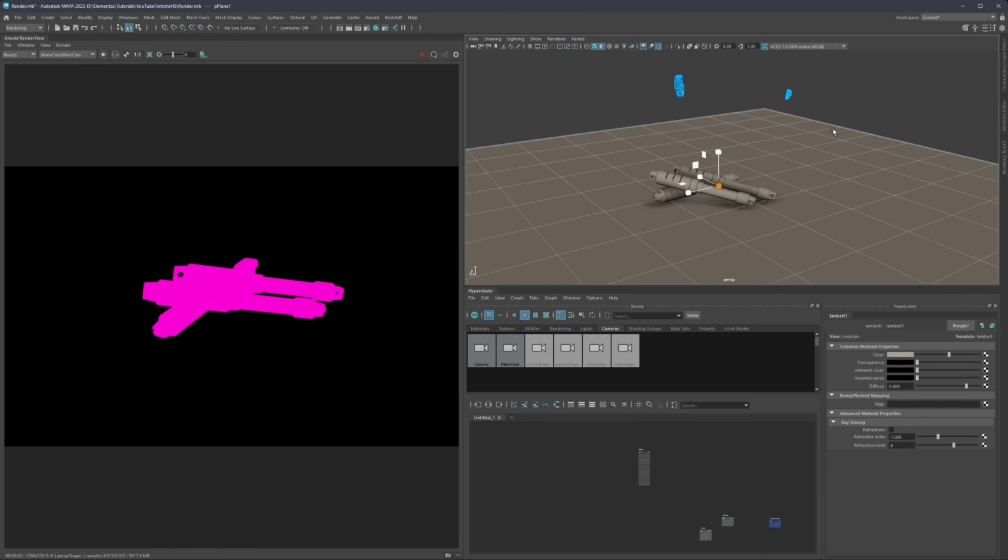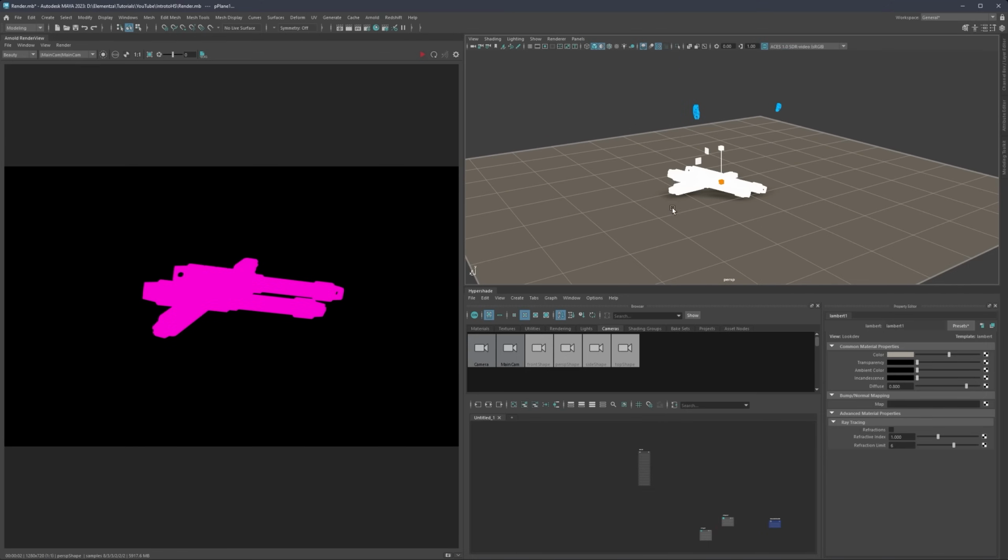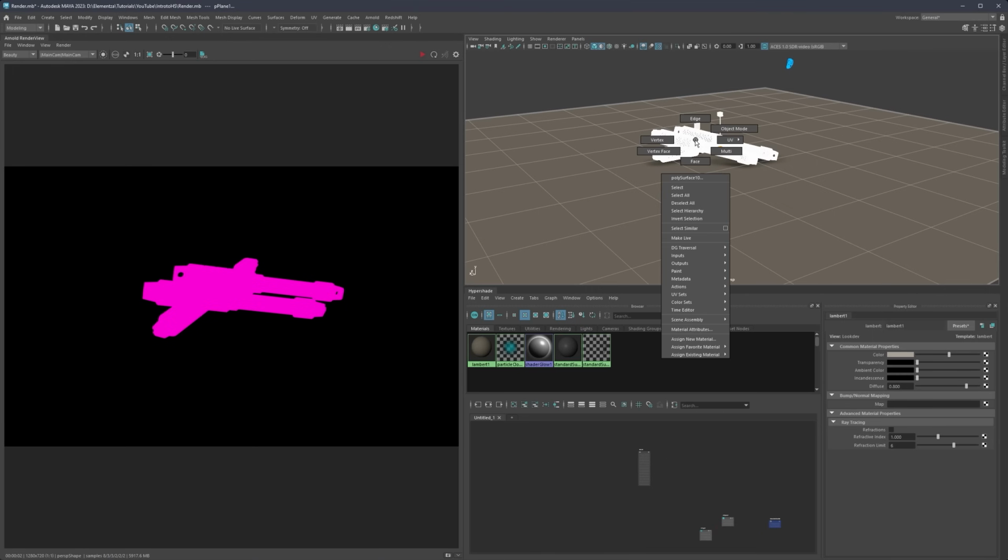And one thing I like to do is I like to select everything. So object mode, select all of the objects in the scene. If everything is unselected, just simply select it like this, left click, hold, marquee select, and then let's go and add a first material. And usually what I like to do is I like to apply one material to everything first, and then later down the line switch up the materials and add more and more. So just so that we can establish some kind of lighting setup, we're going to need any kind of material first. So let's go to assign favorite material, and it's going to be right here, standard surface,